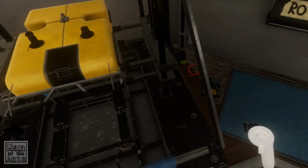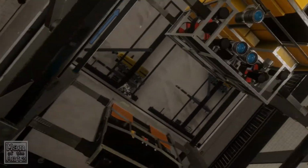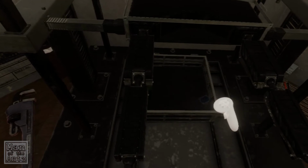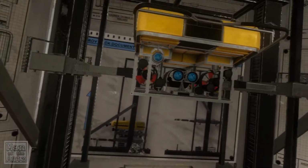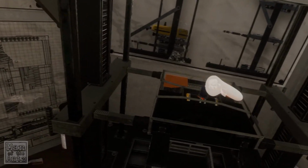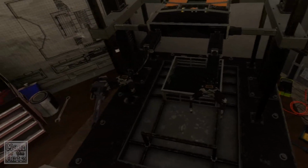But the ROV's new transmitter. Where do you go, transmitter? Where do you go? Am I being super dumb? Because I cannot see. It's got to be in here, right? But it doesn't seem to want to...